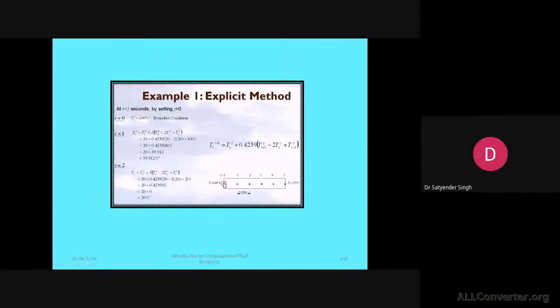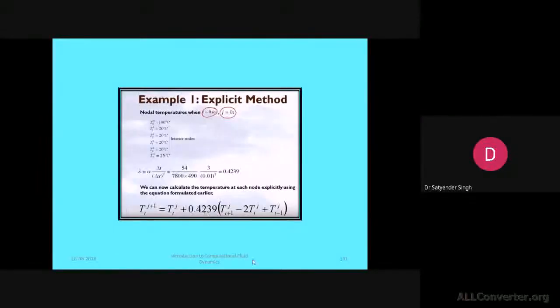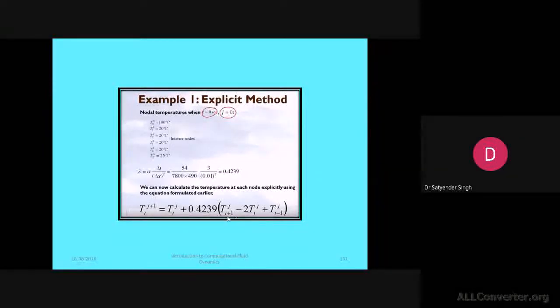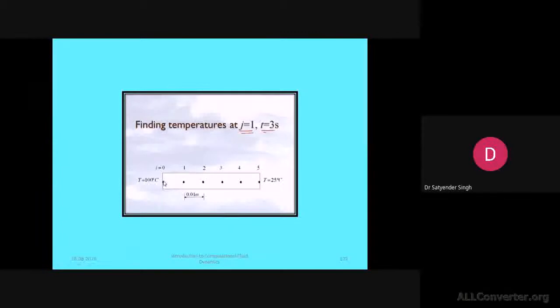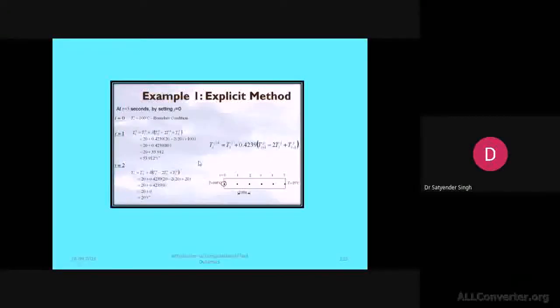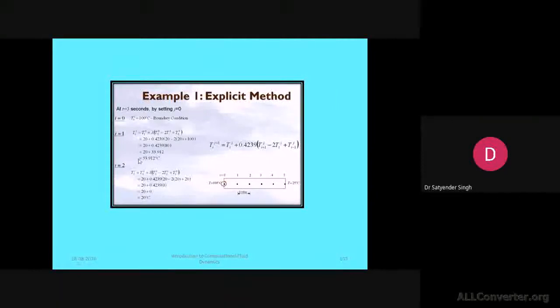If we solve for, let's say, I1, from this equation it must take the values at I0, I1, and I2 to give the solution for the next time level corresponding to 1. At the previous time level, it must have the information. It must take the information at I minus 1, that will be I0, I1, and I plus 1, which means I2. These three values will be taken, and then we will have the value corresponding to I1 at the next time level.